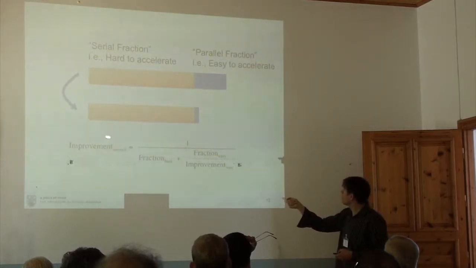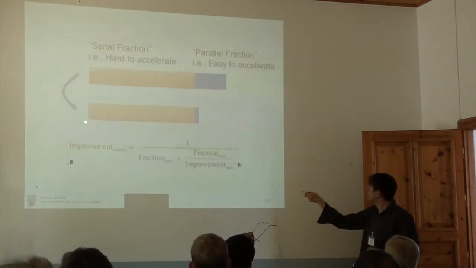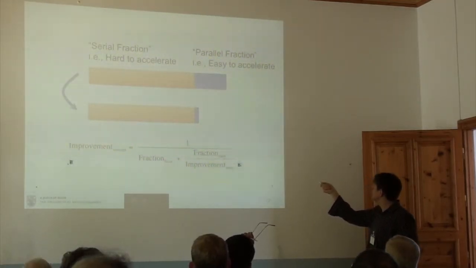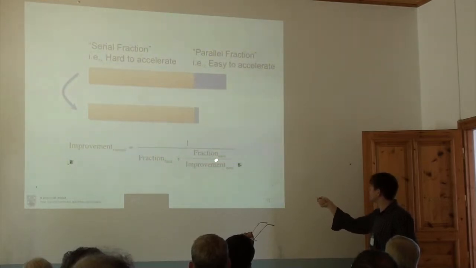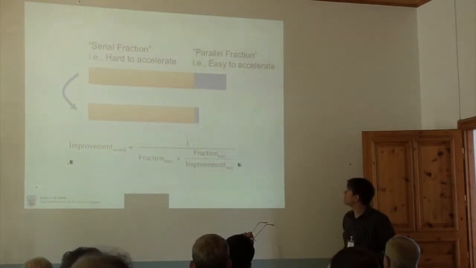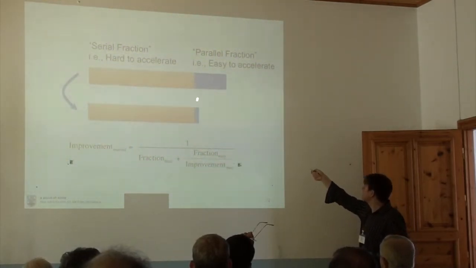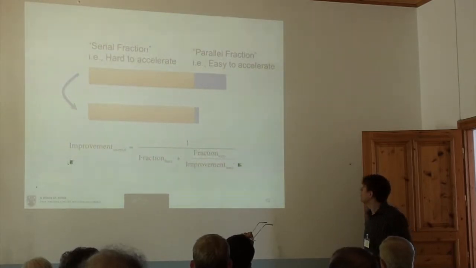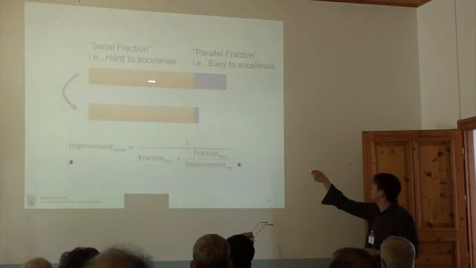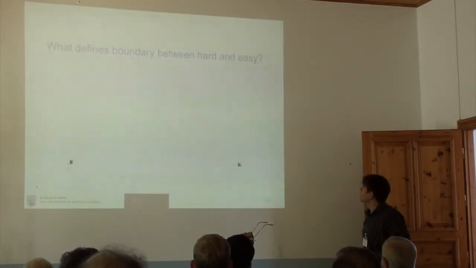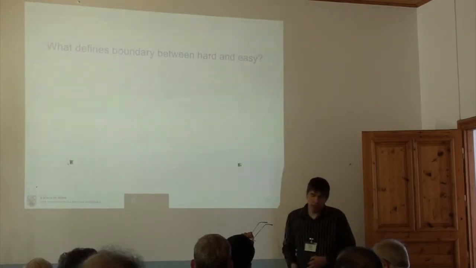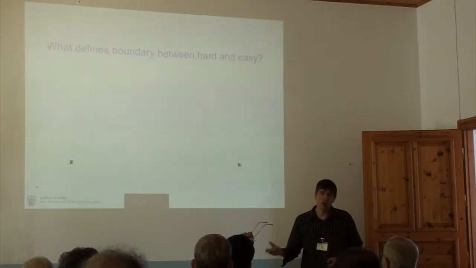So this is sort of your overall improvement, right? This ratio of this length over this length, which is what this is computing, is your overall improvement. And it's going to be less than the improvement that you got for the blue part here, right? So the thing that people forget about, of course, is the serial fraction. Okay, so the question that I want to think about is what defines this boundary between hard to accelerate and